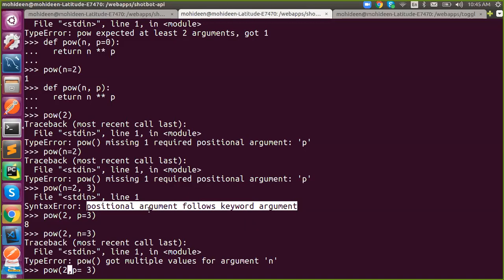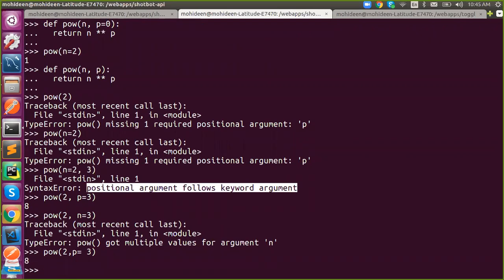If you are using both positional and keyword arguments in the same function call, you need to maintain this rule. It should start with positional arguments, and then you can use any keyword arguments. Understand? Otherwise, it will raise a syntax error.